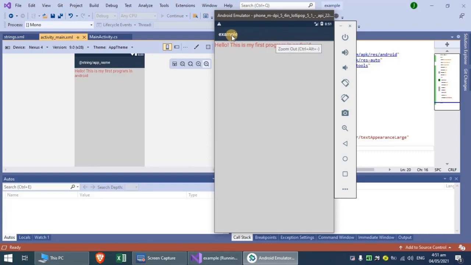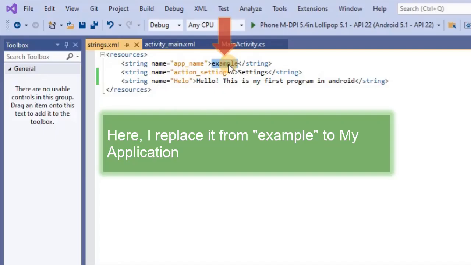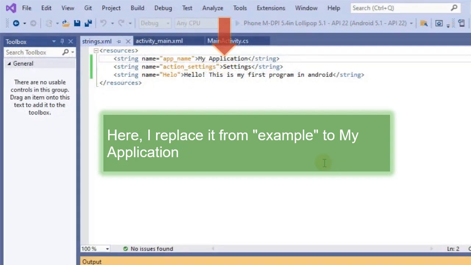So this is what we have expected sa ato output. application. Then